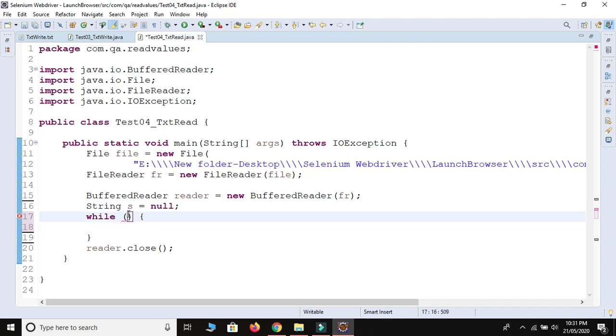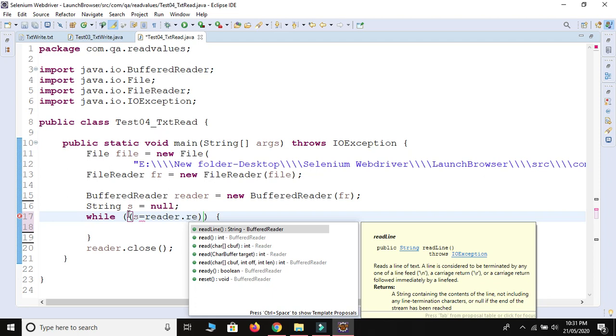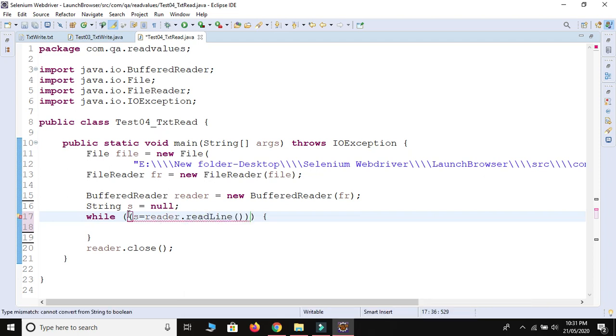So in this code we write one technique: while ((s = reader.readLine()) != null). Here s is null, and the condition checks whether the value read is not equal to null.